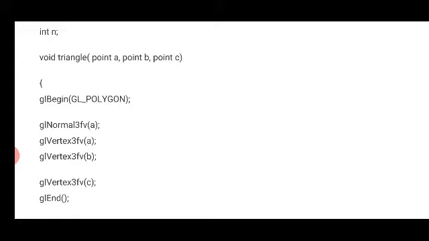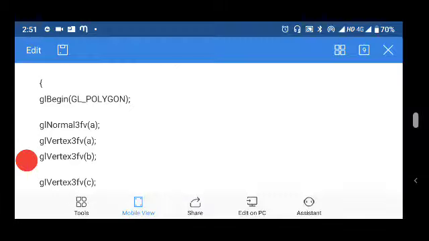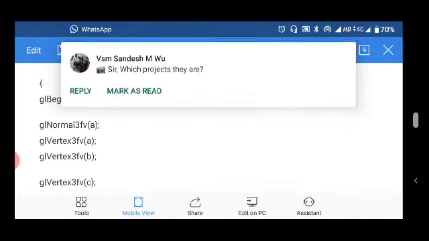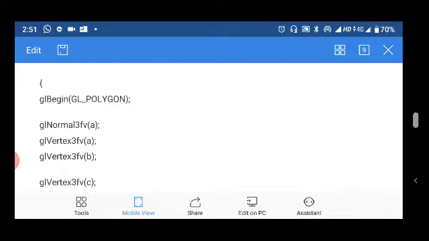Now this Sierpinski gasket creation algorithm starts with the creation of a tetrahedron. After forming that tetrahedron, the next step is to consider a single vertex of the tetrahedron and calculate the midpoints of all other edges. After calculating the midpoints, we connect the current vertex with all the other midpoints to form another tetrahedron inside that tetrahedron.